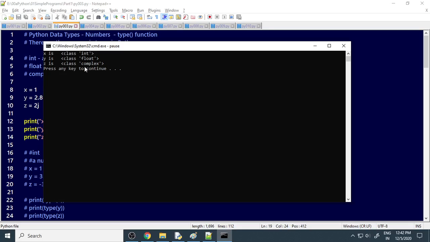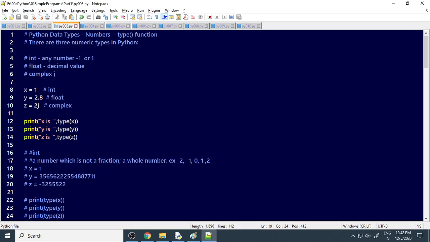So in a program, when you have a variable and you want to know the type, you can use a function called type and then give the variable name. Then it will show what type it is. Sometimes when you have large calculations, without knowing the type, if you try to do some calculation, an error may occur. In order to solve that problem, we can use type. Fine, so we will move on.